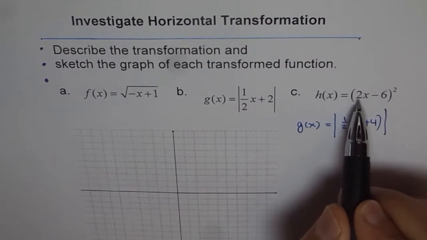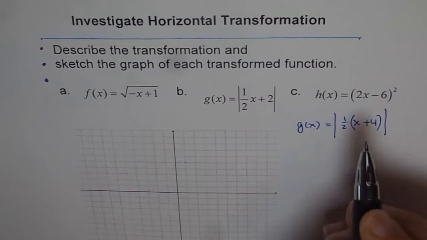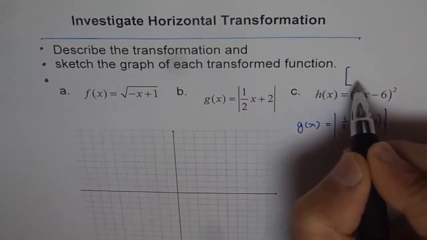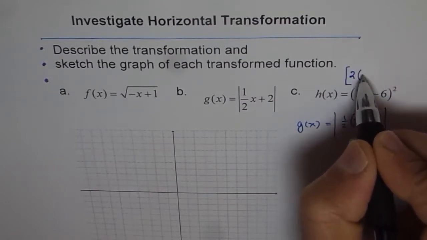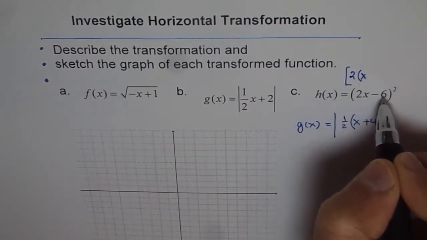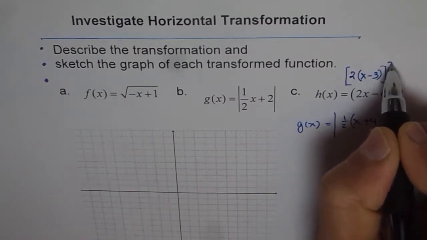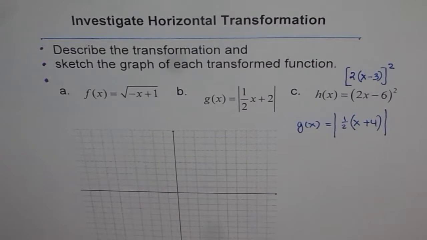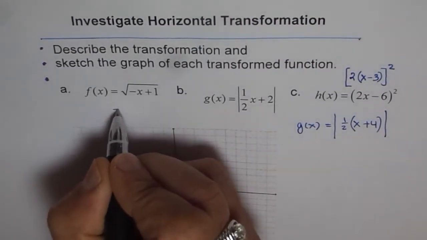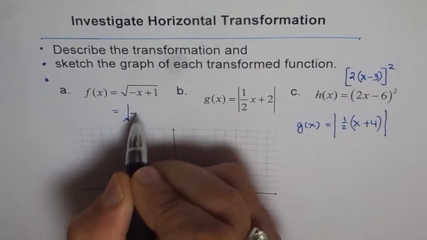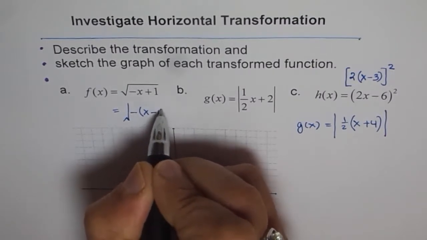So you need to factor 2 out. Once you write 2 outside, within square brackets, factor 2 out, and you get x. What will be left? 3, because 6 divided by 2 is 3. So this is what you will get for the function. And do you need to factor this? Think about it. I think the answer should be, you have to factor, this is minus 1, and then that becomes x